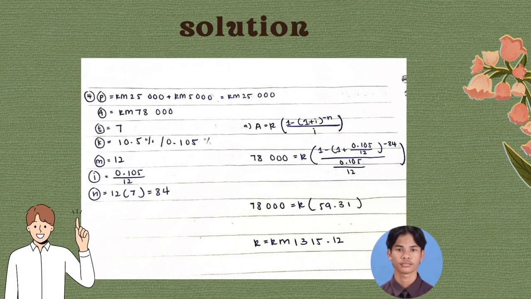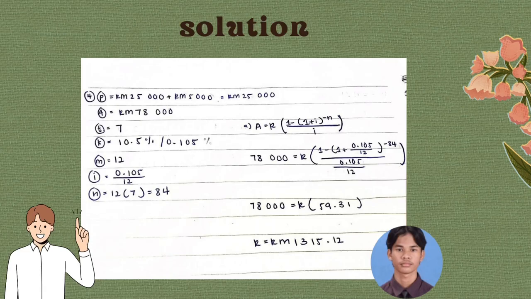In question 4A, the question tells us to find the monthly payment. Based on the question given, P will be 25,000 ringgit, resulting from 20,000 ringgit plus 5,000 ringgit. A will be 78,000 minus P, and T will be 7 years. K will be 10.5%, M will be 12, I will be 0.105 divided by 12, N will be 12 multiplied by 7